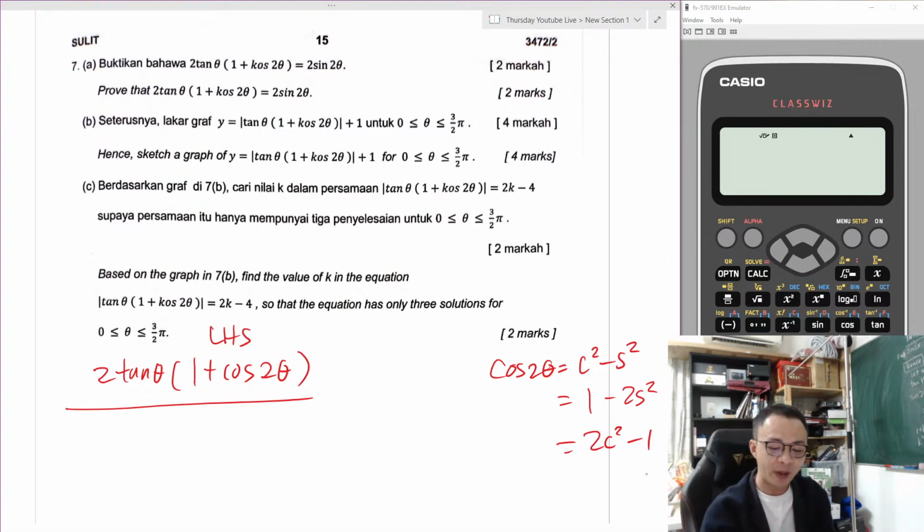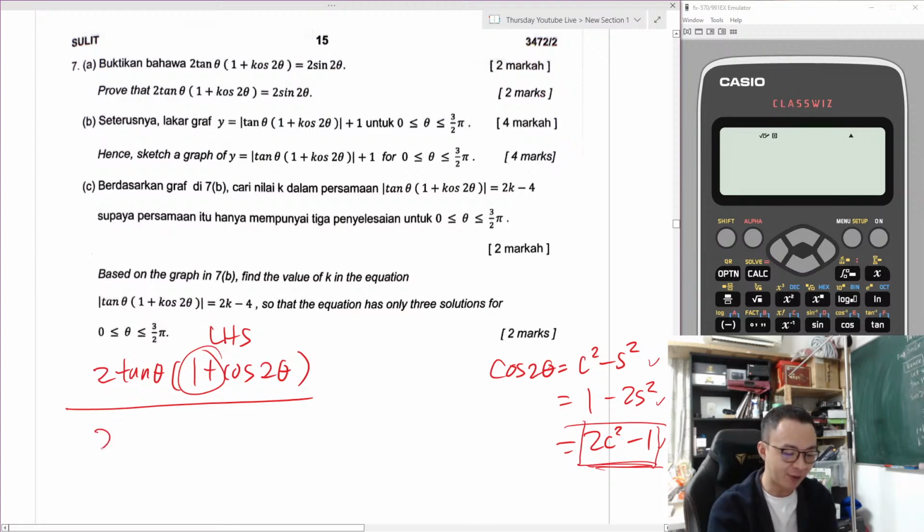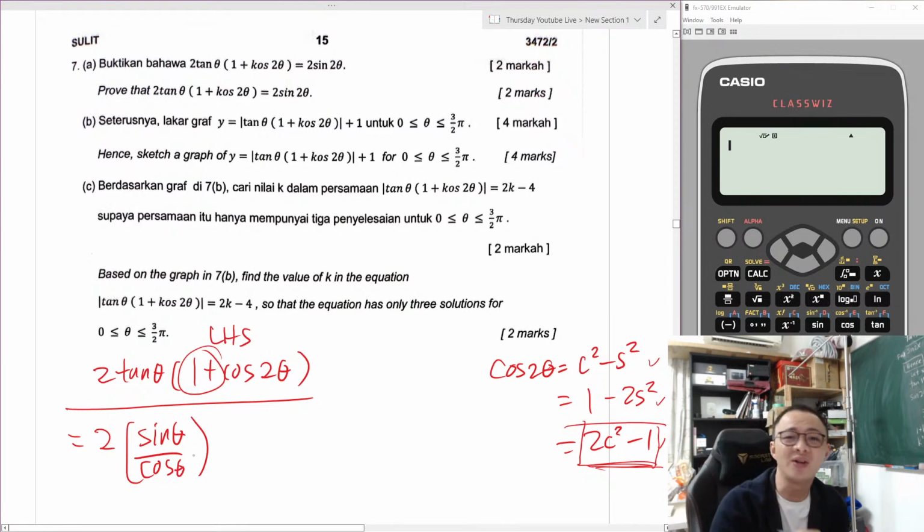When I want to choose the formula, because I have the plus 1 here, my logic is I try to minus 1, so 1 minus 1 makes it 0. Within these 3 formulas, only the third formula has the minus 1. So this is the reason why I choose the third formula here. So here I have 2. Tangent is basically sine over cos. If you do not know this, please write it down in your note right now. Tangent equals sine over cos. It's extremely important and it's not given.